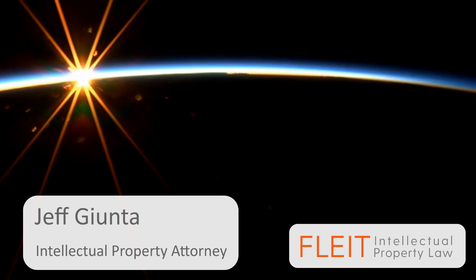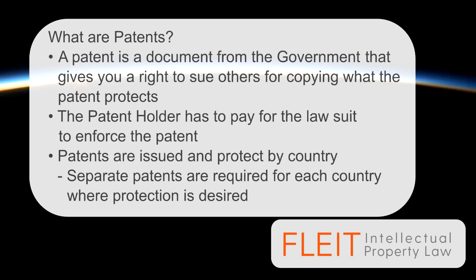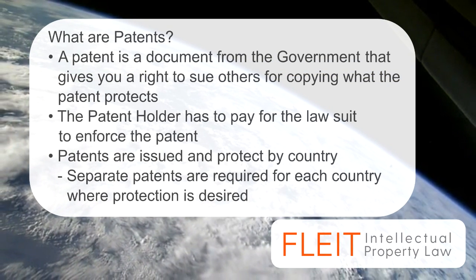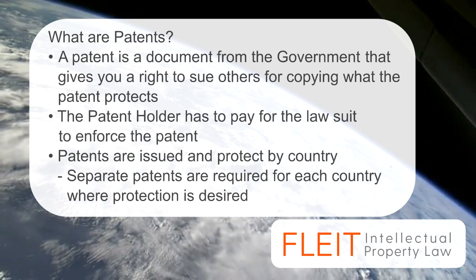In this brief discussion, I'll be looking at what patents are and discuss how to get them. First point to cover is what are patents? A patent is basically a document from the government that allows you to sue people who are doing what is protected